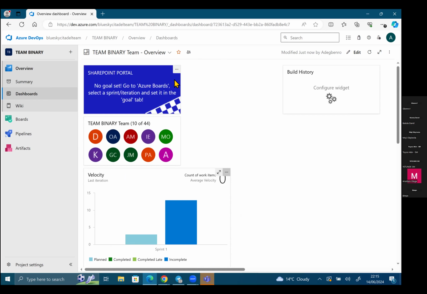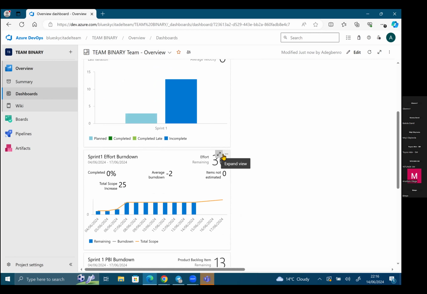Okay, what about how to edit that one that says no goal set? Because you've not put your sprint goal on your sprint. That's why it's not showing it. Then how do I edit that, please? Okay, so if you go on your sprint